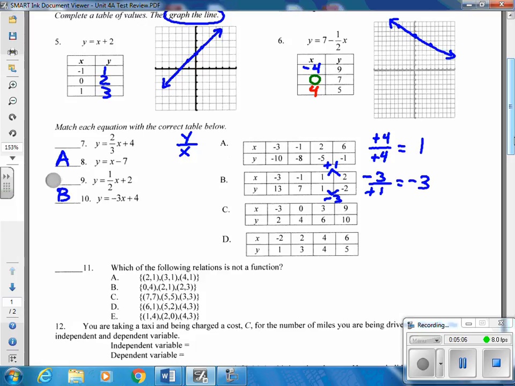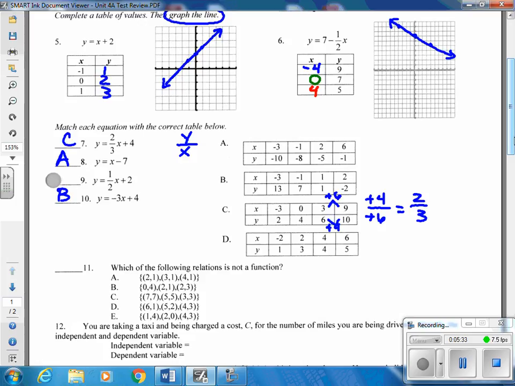Okay. For letter C, same process, just different numbers now. Right? So we want to take, and I'll use the last ones again, from 3 to 9 is +6, from 6 to 10 is +4. So my ratio is going to be +4 over +6. That is a fraction, so you do have to leave it a fraction and reduce it. Do not ever give a decimal for these problems. Right? And 4 over 6 reduces to 2/3, which means over here on the left, that number 7 is letter